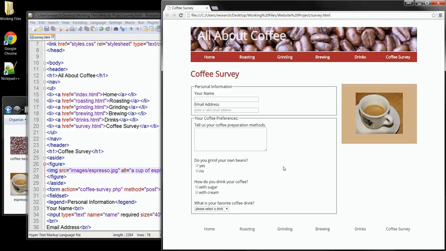Well, now that we've seen how to add a form to our website, in the next